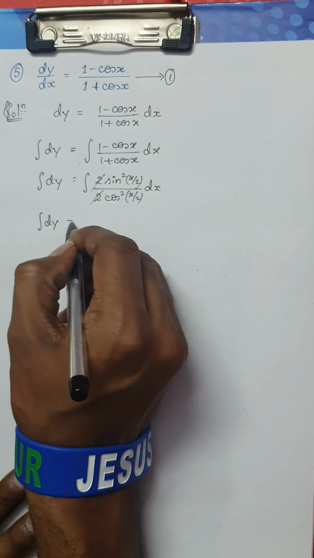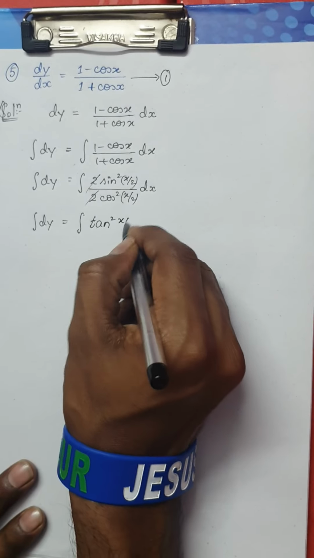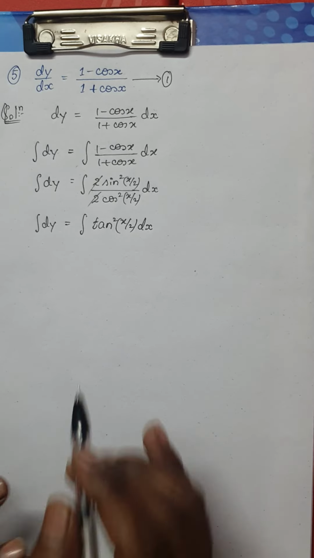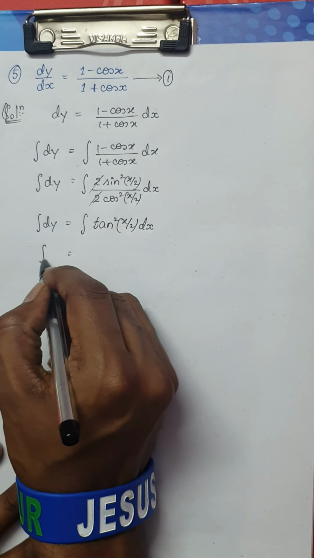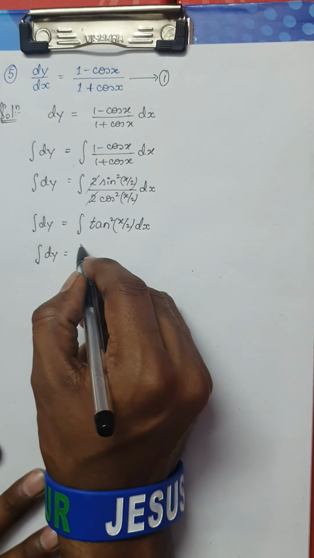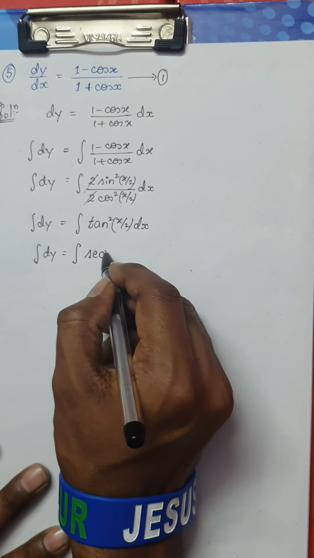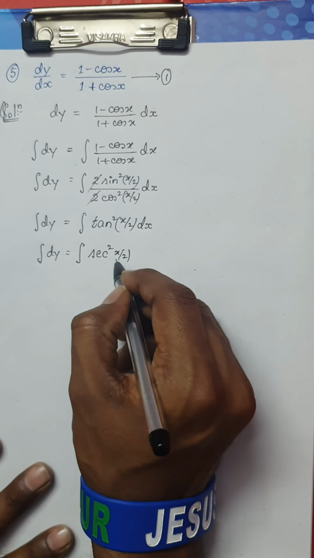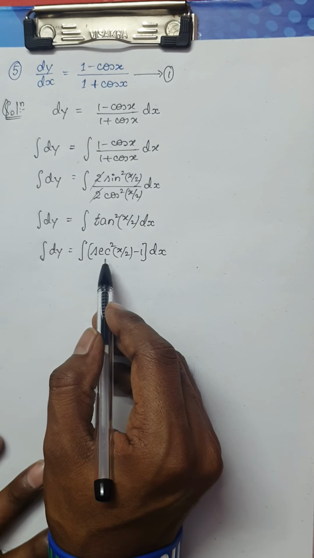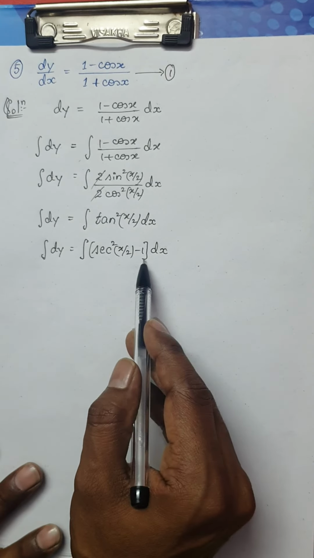Now integral of dy would be integral of, remember, sine square by cos square can be written as tan square x by 2 dx. Very simple this is, you need not worry much. Let me keep the left hand side as it is, or you can just write directly y is equal to integral of tan square. There is no standard result for tan square. So remember, whenever you have tan square, write it as secant square theta minus 1, particularly in terms of integration, because there is a standard integral for secant square, not tan square. And we all know tan square is secant square minus 1.